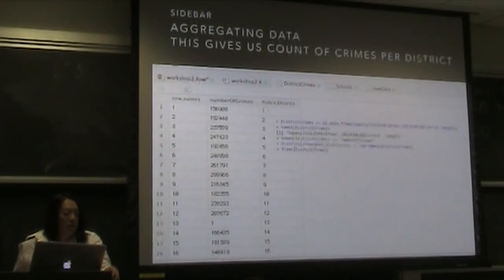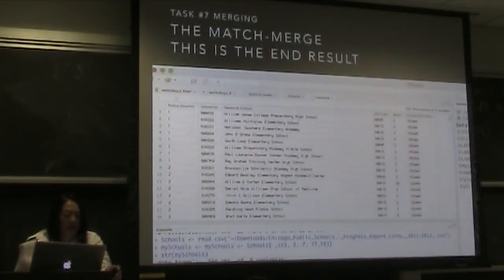Okay? Questions on tapply? What's the difference between tapply and sapply? Tapply will return basically something that looks like a table. It returns a list, and a data frame is a subset of lists. So what tapply returns is a list. It actually looks rather table-like, and I can easily convert it to a data frame. sapply is going to return a vector. So you could use that too, but I'll say this is kind of handy. It's going to aggregate, and it's going to make things easy for me.